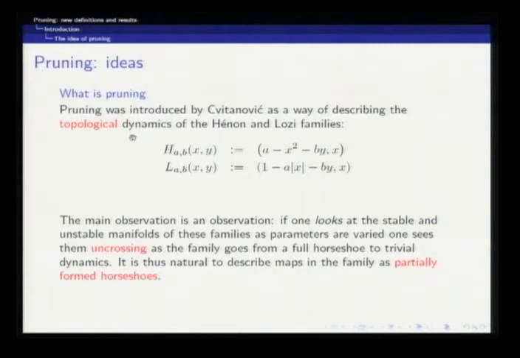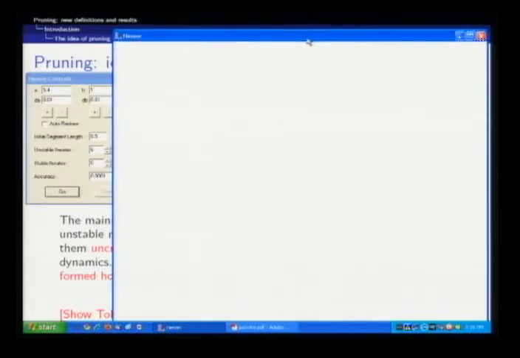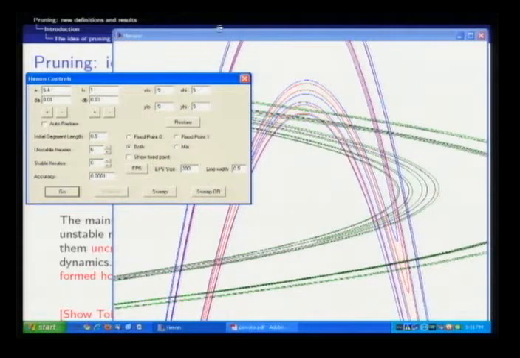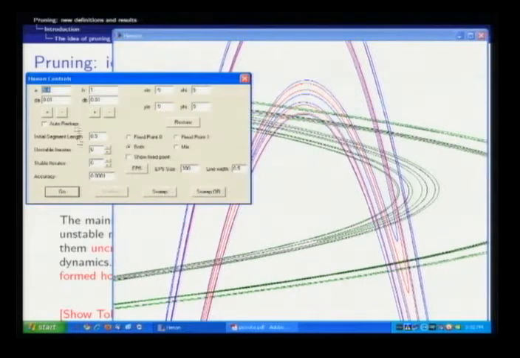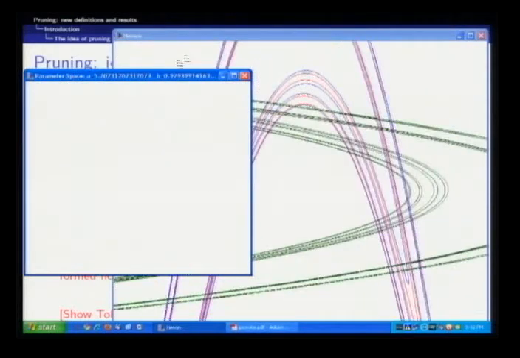So this is my first Beamer talk, and I'm even going to show a program. The Beamer I did, but the program is well beyond my capability. So this is Toby. So here is an example. What is drawn here are the stable and unstable manifolds of a couple of fixed points of a Henon map. And here's what you see when you look at these things.